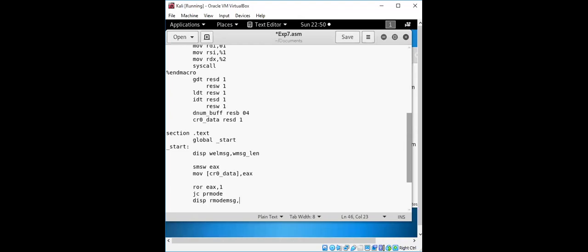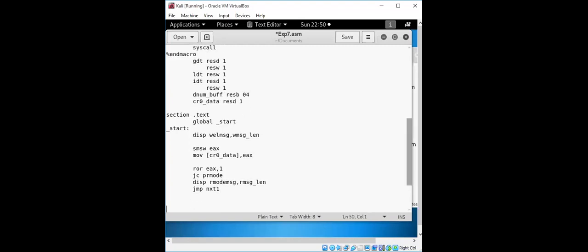So if it is there, it will jump to the procedure for protected mode; else it will display, as a default else condition, that it is in real mode. We'll get to the further part for this, with the protected mode or real mode, whichever value we get. We need to display it.